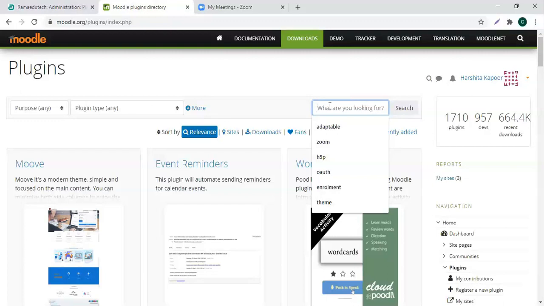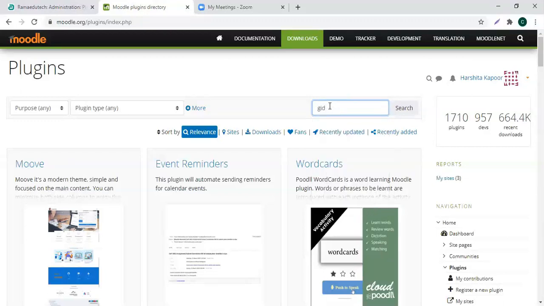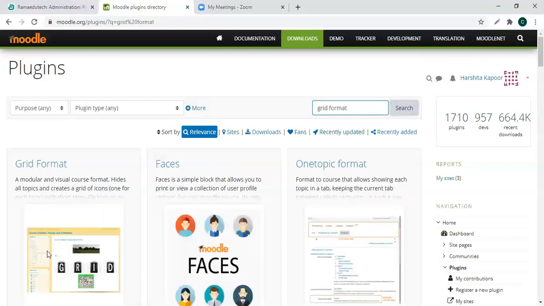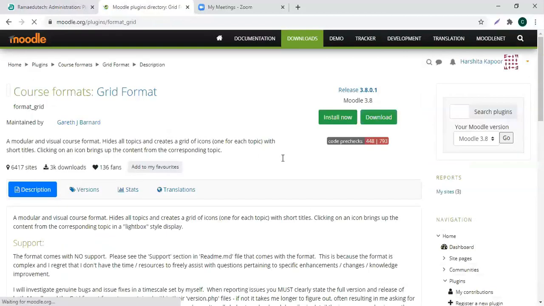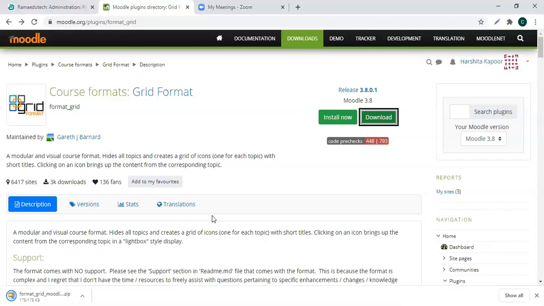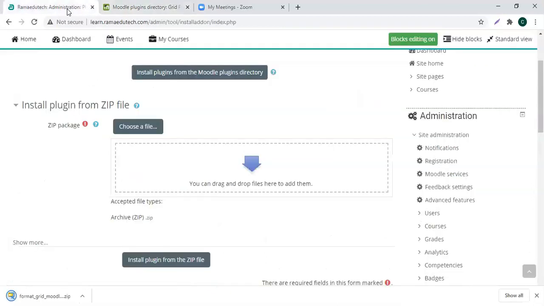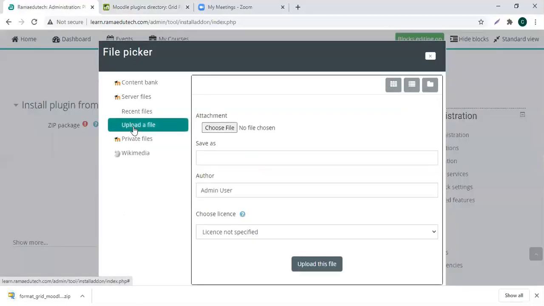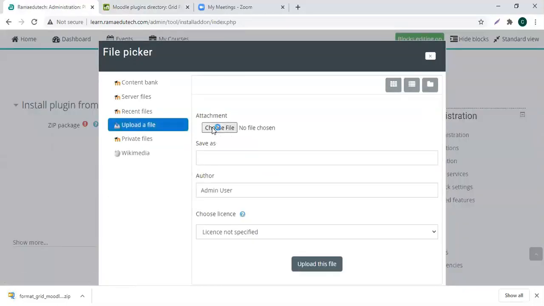So here, for example, I want the grid format. Search. Here is the grid format. Now I will just download. Go back, choose a file, upload a file, choose file.